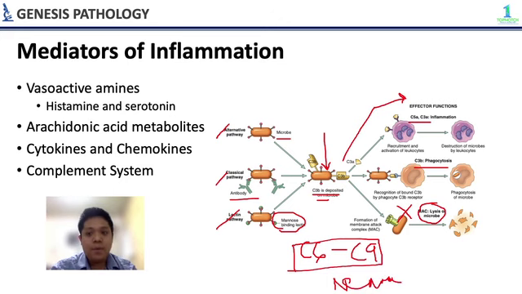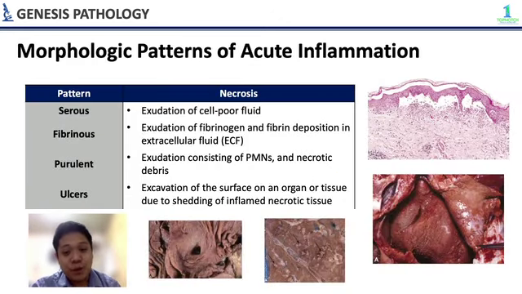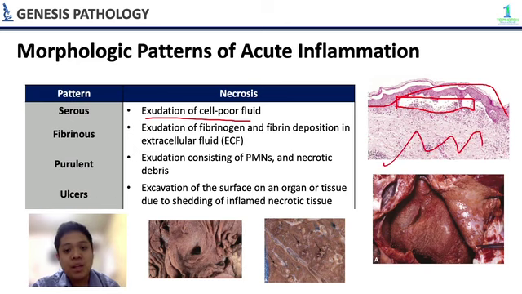Neisseria. Okay? Next, you have your morphologic patterns of acute inflammation. First is serous, which is an exudation of cell-poor fluid. So, in other words, parang tubig lang siya or plasma. Seen in this blister, so for example, ito yung epithelium, and then this is the lamina propria. In between that, there is fluid. So parang, di ba ang mga blisters, parang mayroon lang siyang water sa ilalim ng skin? That's it.